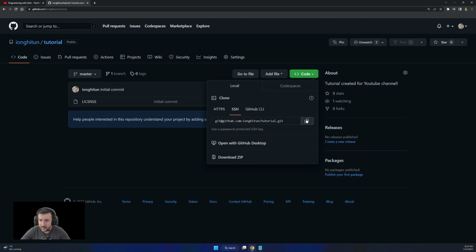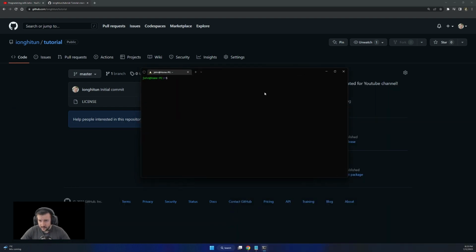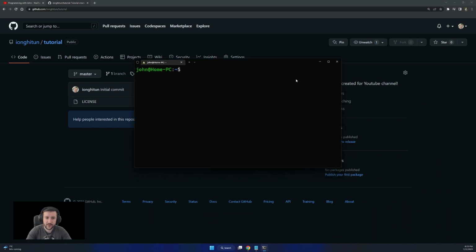I'm gonna copy the ssh git URL for this repo, and now we want to go to the terminal. In the terminal, if you remember a couple videos ago, I showed you that there are two commands that you need to run every time in order to work with Git and not have to enter your password every time.